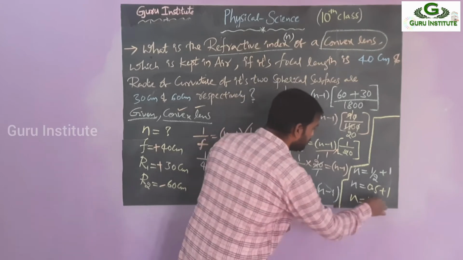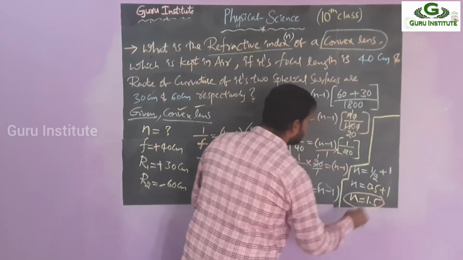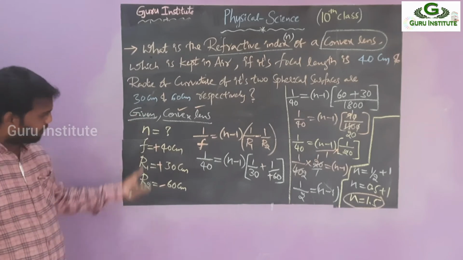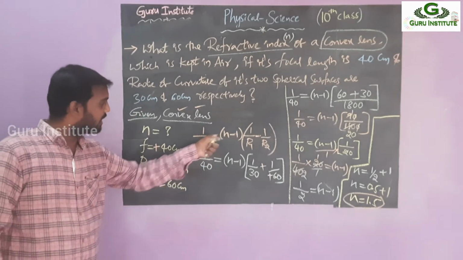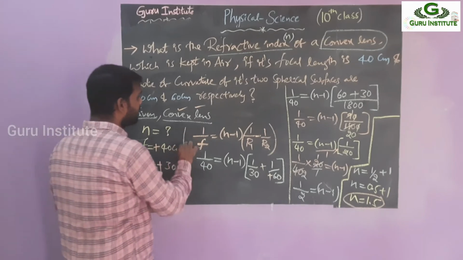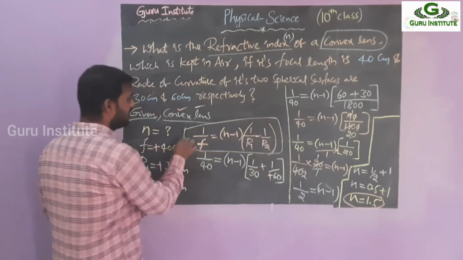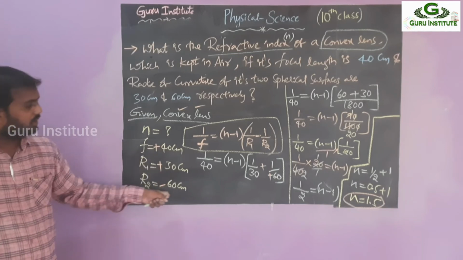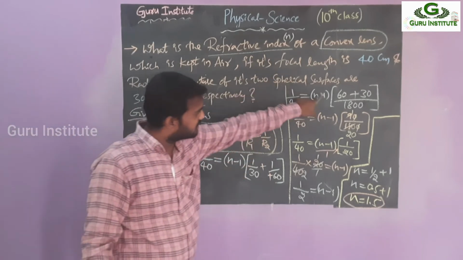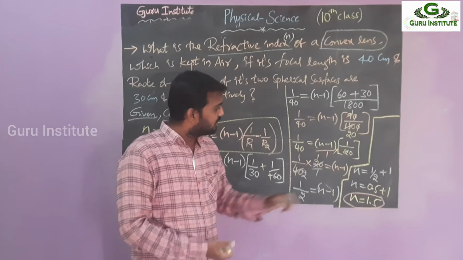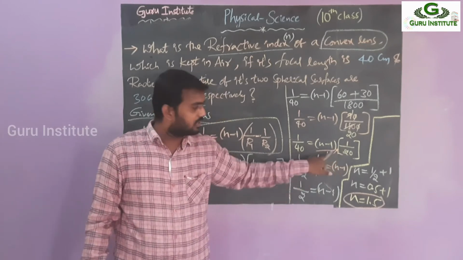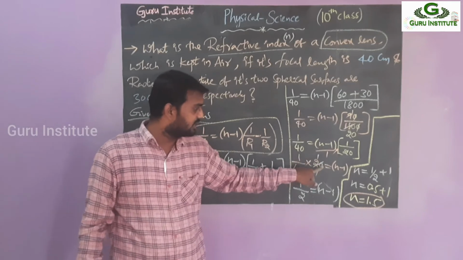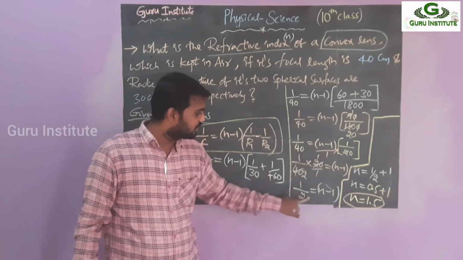Okay, right? So just observe this one once again. See here, what is given, I am writing the data. So by seeing this one, which formula do we have to apply here? Lens maker's formula is suitable here. I am writing this one. Whether it is a convex lens, these are positive, this should be negative, and apply signs and do the simplification. See here, this is multiplied, but after multiplying, this is coming to the denominator. I am taking it to the left side, that is into 20. 21, 22, n minus 1 is equal to 1 by 2.